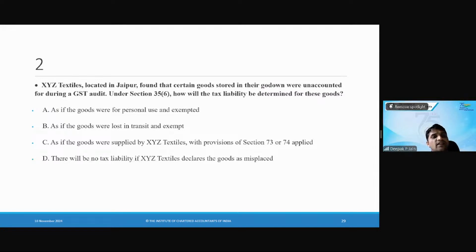Second one, XYZ Textiles located in Jaipur found that certain goods stored in their godown were unaccounted under Section 35(6). How will the tax liability be determined for these goods? Answer is C. Yes. As if the goods supplied were by XYZ under the provisions of Section 73 or 74 apply करके उसका टैक्स लायबिलिटी डिटरमाइन किया जाएगा। आंसर इज सी।